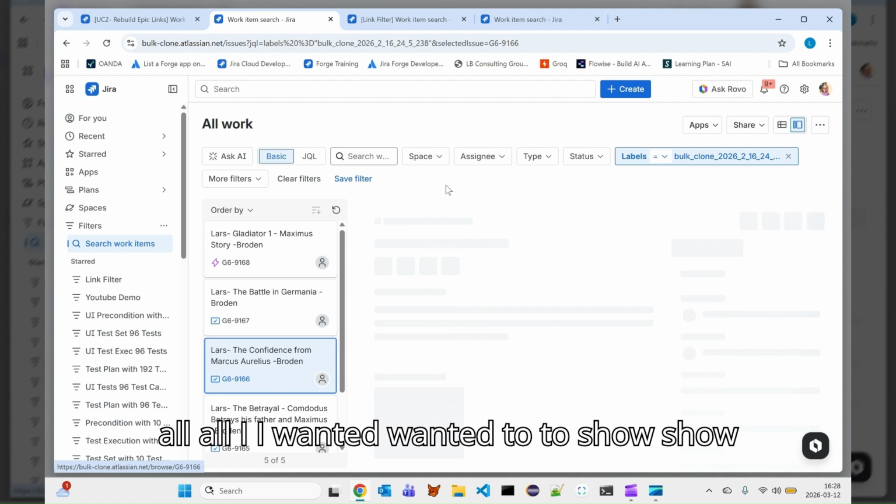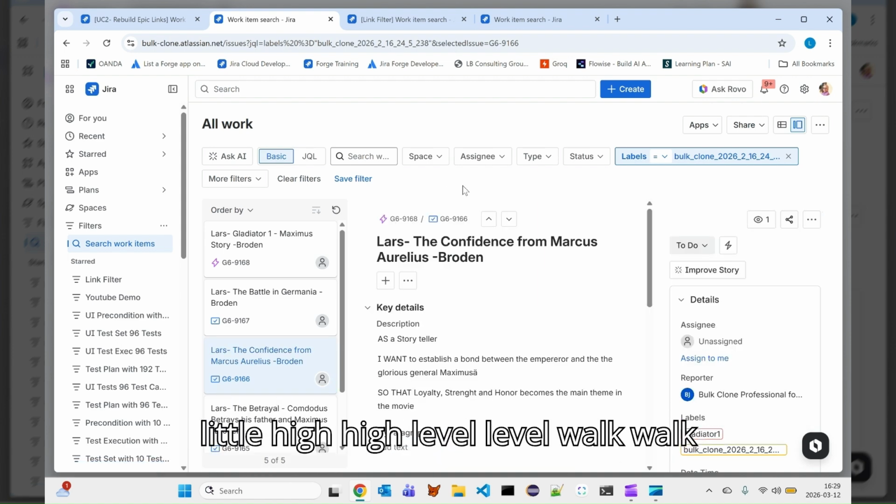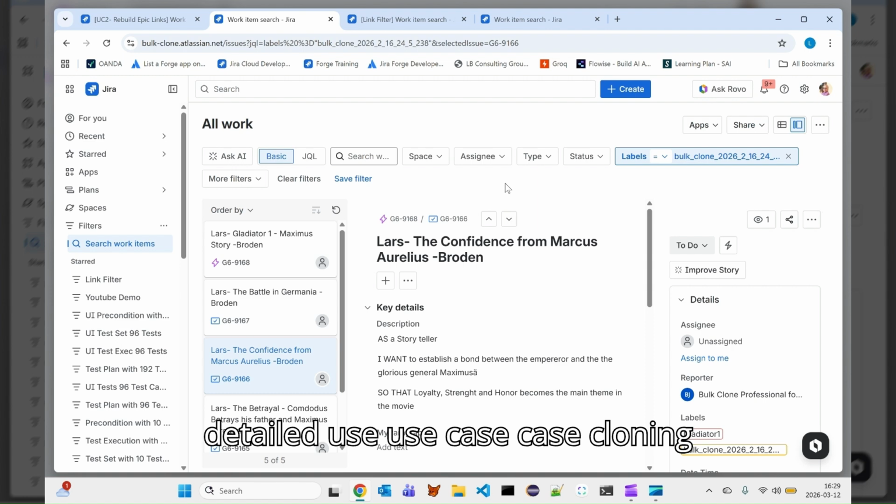That's all I wanted to show you with a little high level walk around. For more detailed use case cloning scenarios, take a look at our